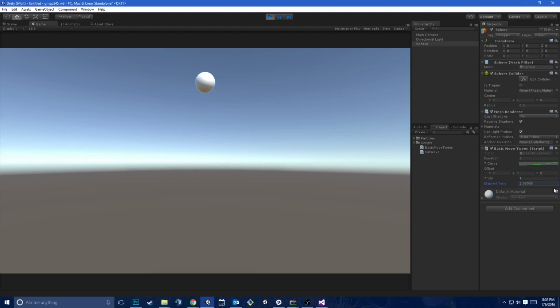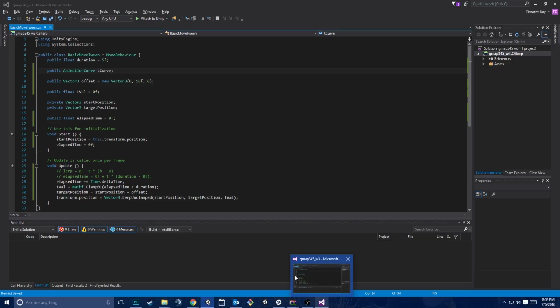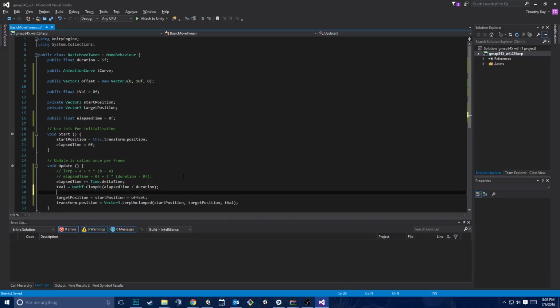Oop. This is because I haven't plugged it in. Sometimes, man, I just don't think about what I'm doing. So I need to look up the value on the animation curve before I do it. Okay? So just changing the curve like I did there did nothing, because I haven't plugged it into anything. And what I want to do is actually set tVal to something, to itself. It's going to look kind of weird, but I'm going to say